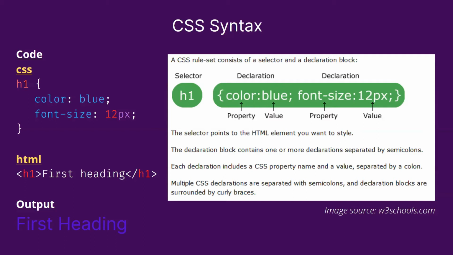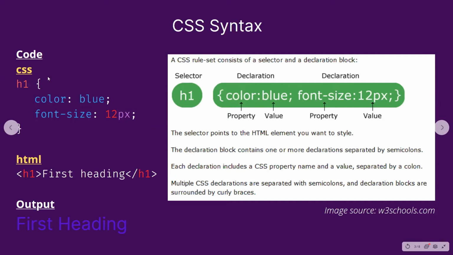So we are applying the blue color to the H1 tag. Yeah. So when you look at font size, 12 pixels, PX stands for pixels. The property right now is the font size, like how big do you want that heading to become? And 12 pixels is the value of how big, yeah? Okay, so multiple CSS declarations are separated with semicolons. As you can see, the color blue and font size 12 pixels are two different property and value pairs. So you separate them with a semicolon, which is this one here, so that the parser, or the reader that converts the code into what the user sees, is able to tell that these are two different property value